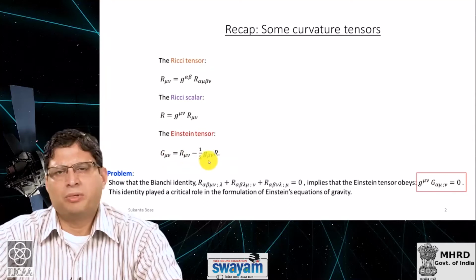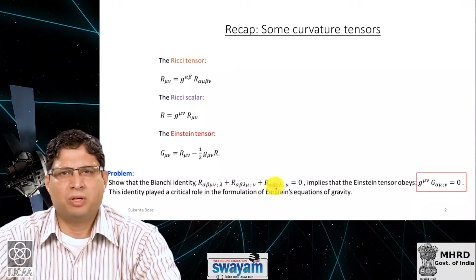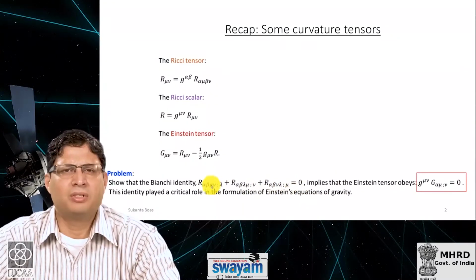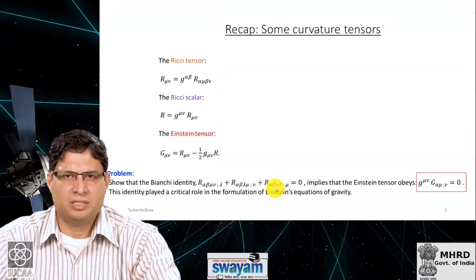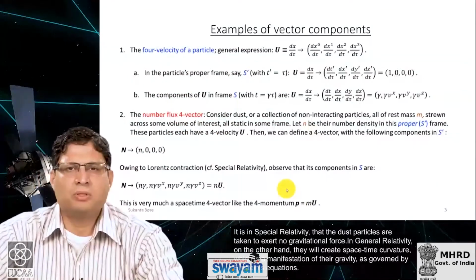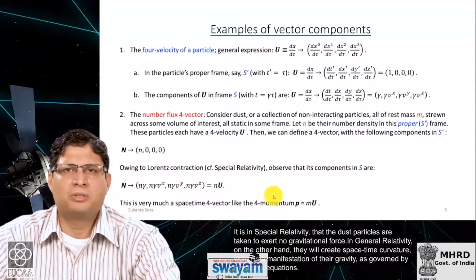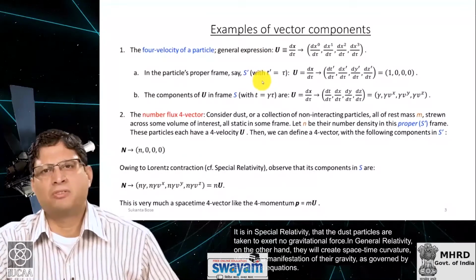The nice thing about this tensor, the Einstein tensor, is that it is divergence free, and this comes from the Bianchi identities, which we had talked about last time. The Bianchi identity can be written in terms of this combination of the covariant derivatives of Riemann tensors. So, with this we transit to describing certain preliminaries that will help us in understanding the stress energy momentum tensor